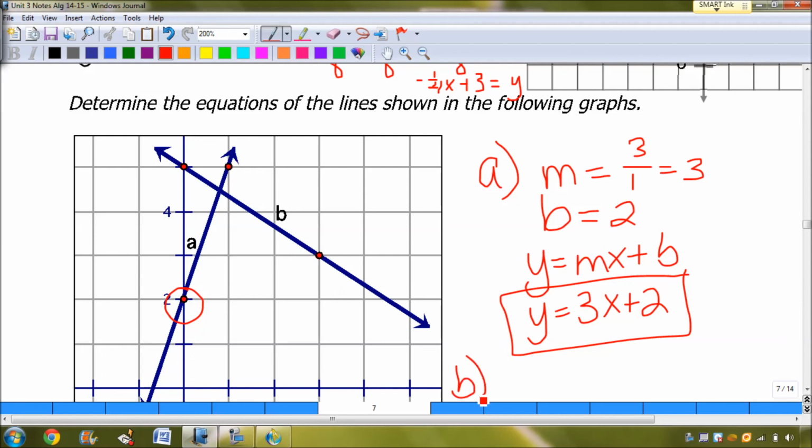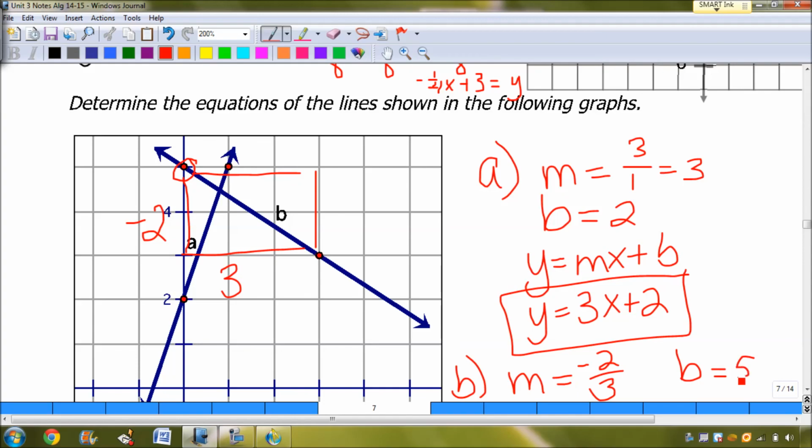And then let's look at question B. In question B, I have to find the m and I have to find the b. Well, the m, I've got to do the rise over the run again. Let's try this again. It's going to go down 2 and over 3, so we'll say -2 over +3, or you could say up 2 and to the left 3, whatever you choose. So I'm going to say it goes down 2 and to the right 3. I can't reduce it, so my answer is -2/3 for my slope, and then my graph started at 5. Okay, so that means